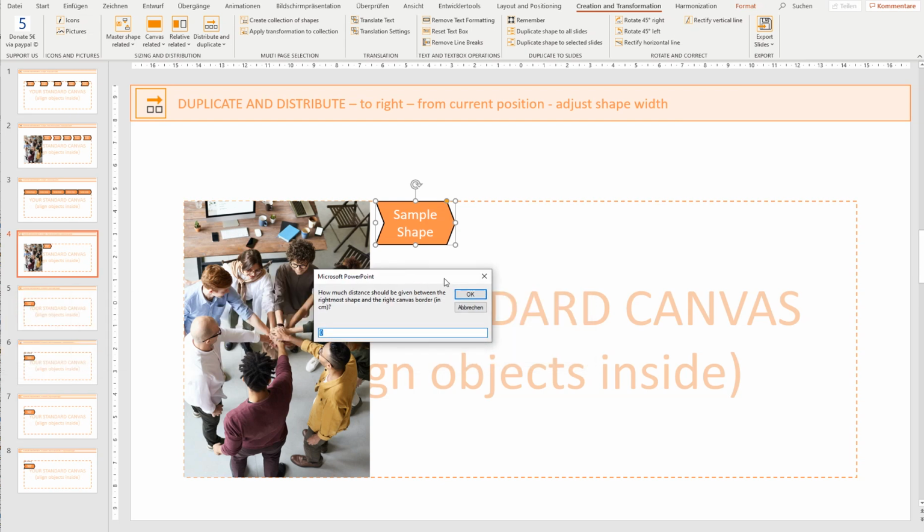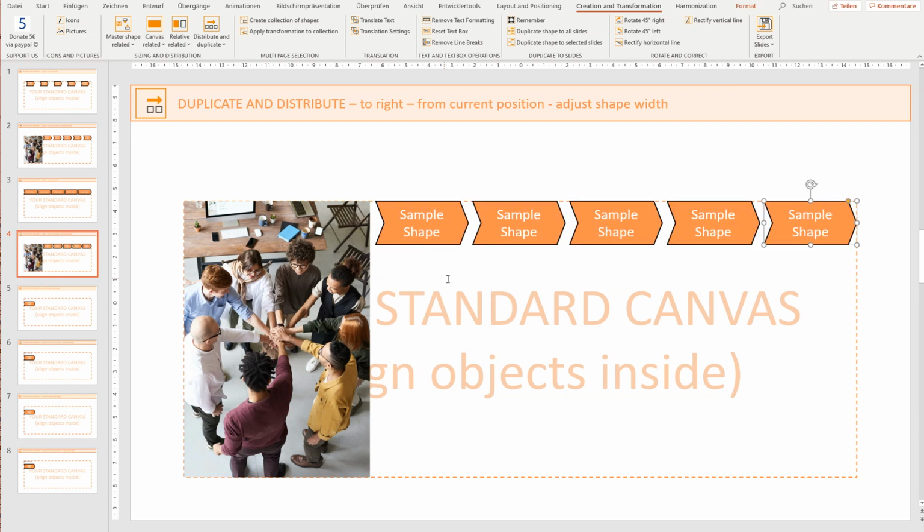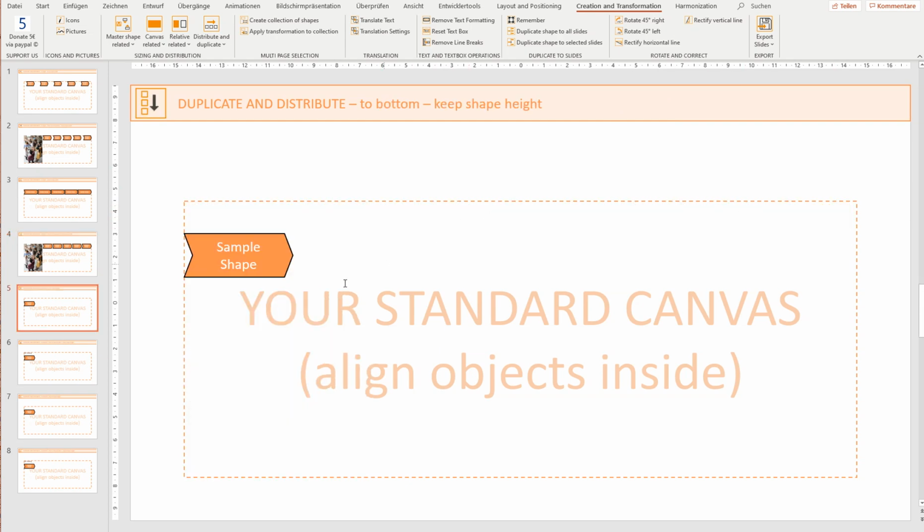I don't need any space from the right, and as you can see here, there was added a bit more space between the arrows, but still the shape size was increased. So these are the 4 functionalities to distribute horizontally, and you have quite a similar functionality to distribute vertically,